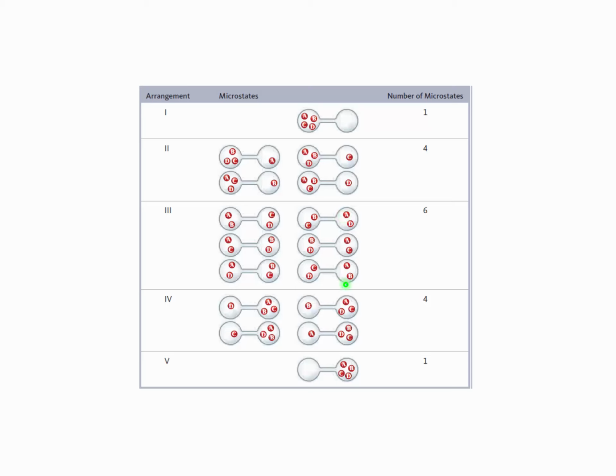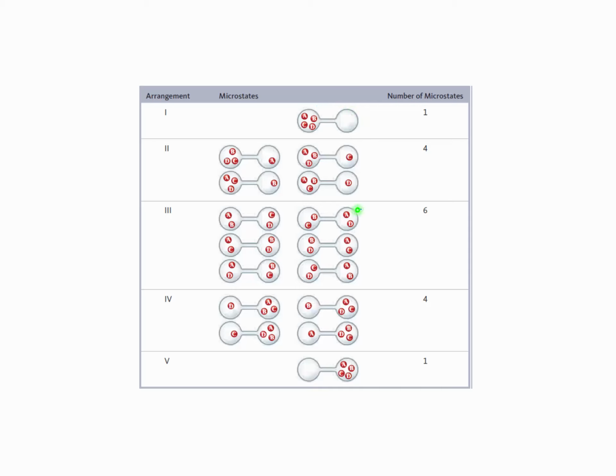So you could see that if we had a whole mole of gas molecules, this middle number where they're fully mixed is going to be massive. Okay, and that's going to be the most favored state. And in fact, that's what we see. There will be only one possibility out of 6.02 times 10 to the 23rd that will look like this.